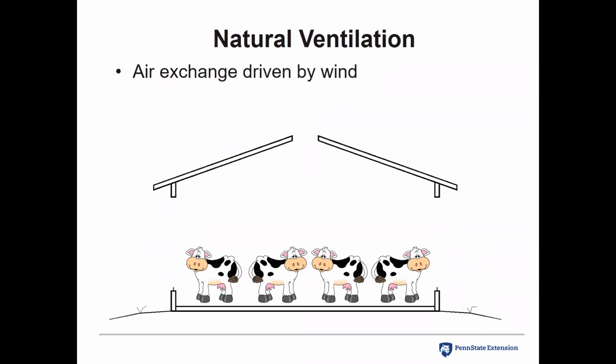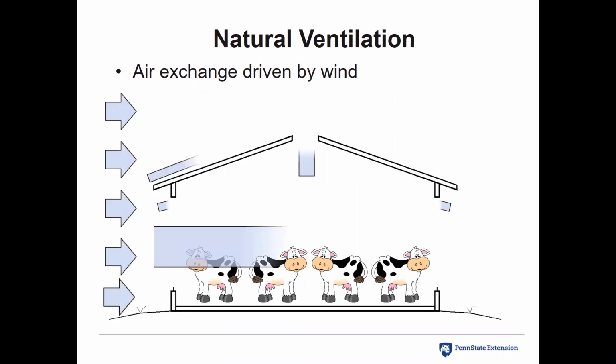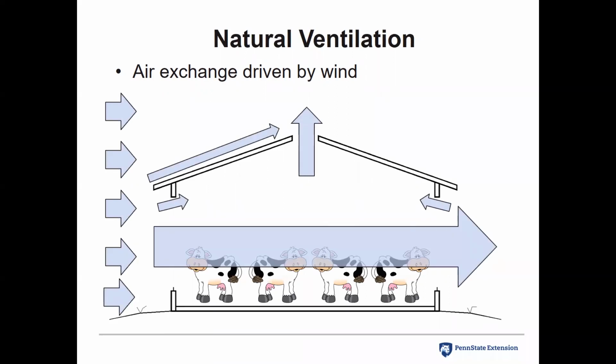During summertime, we open things up. We want to create just this pavilion effect for the cows, open things up as much as possible. And so the bulk of the ventilation is by the wind blowing across the dimension of the building. The ridge is still working, but its contribution to the total ventilation is negligible compared to what's happening through the